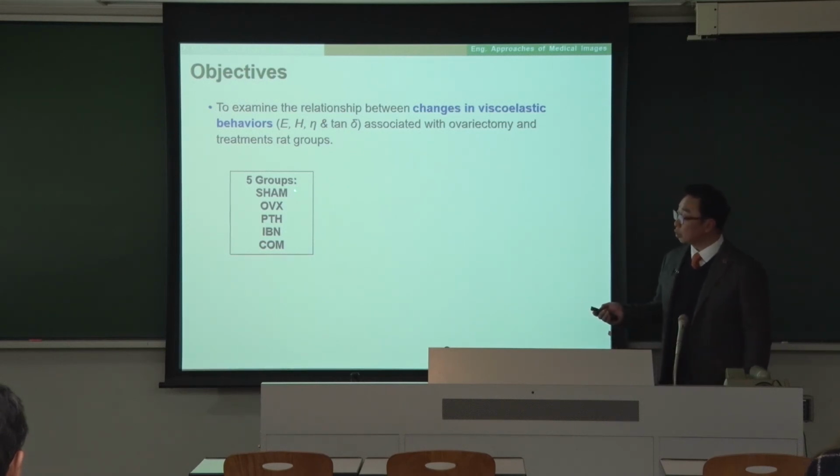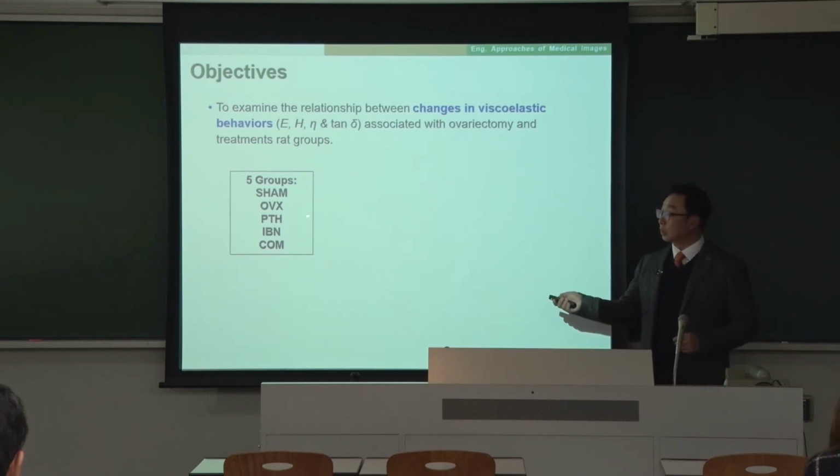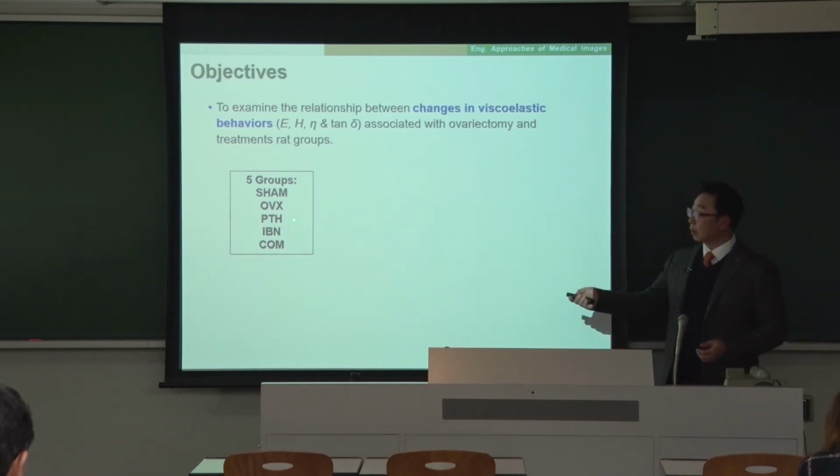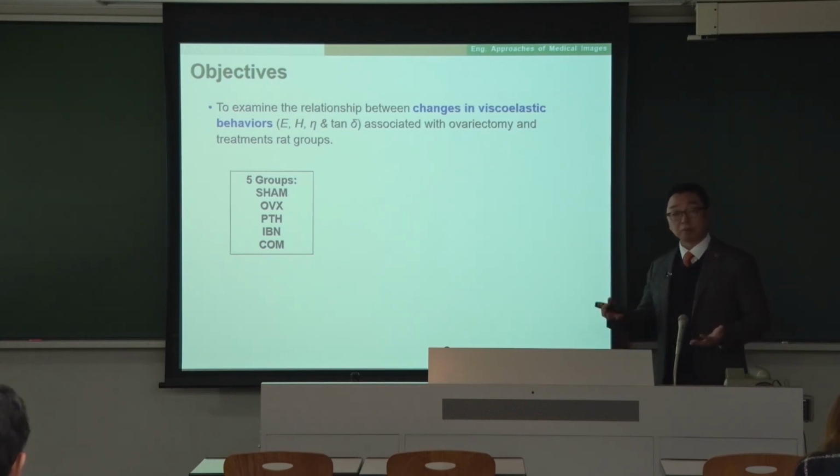So this is a 5 group study. Sham is where we just open up the belly of the rat and then close it. Ovariectomized, where we actually remove the ovaries of a female rat and accelerate the osteoporosis. Parathyroid hormone, which is an anabolic treatment, increases bone remodeling. So we get more bone, we lose more bone. Okay, as I said